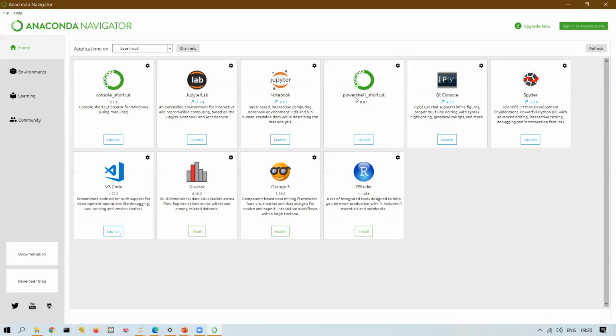But what is this Anaconda Navigator? It is actually a platform which will show everything. This is just to confirm whether everything installed properly. From here also you can launch everything. See, I have Jupyter, I have Jupyter Lab. VS Code, you may not see this because I have VS Code, so it is showing. R also I have, so it is showing. But mostly Jupyter, Spyder, and all of these things you can see. And from here, if you click launch, it will open Jupyter.